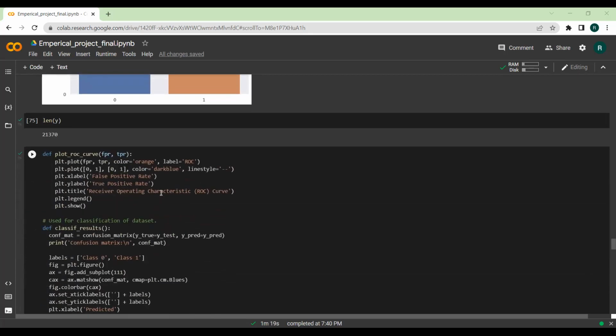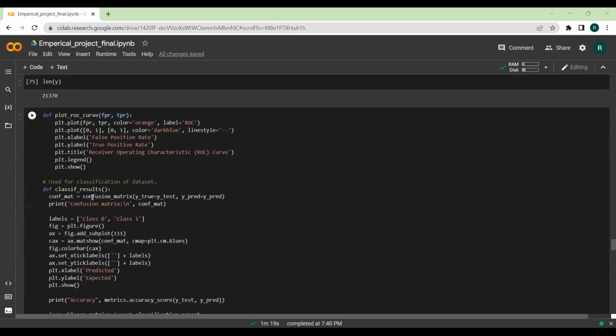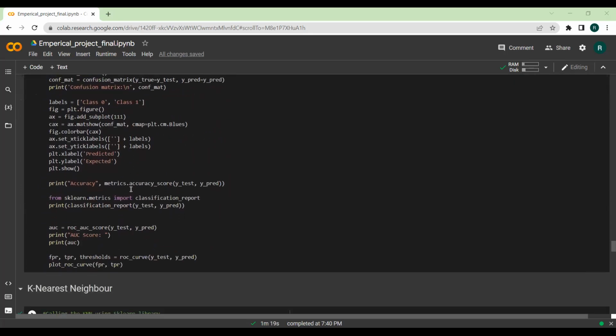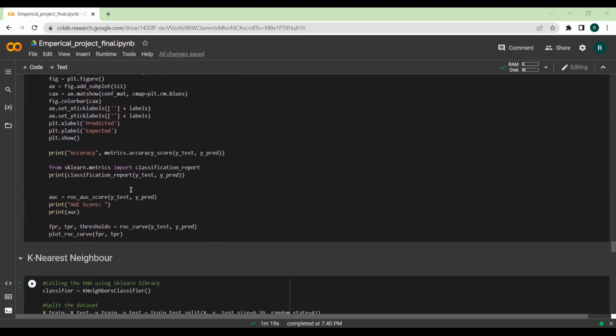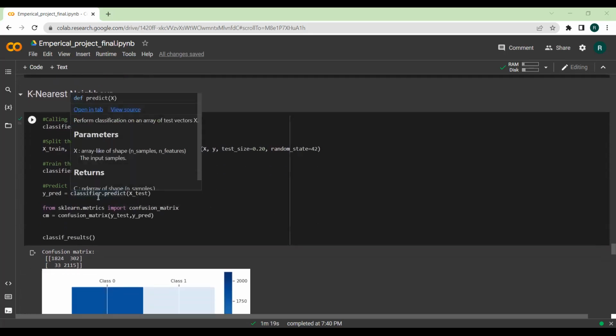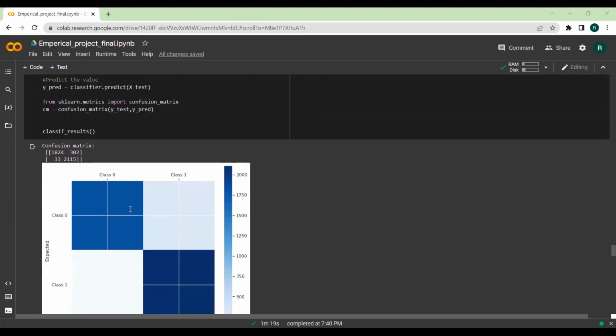Before training the model, we have created a function for the ROC curve and the confusion matrix, which we call later after training the model. Let's start with the k nearest neighbor, which is KNN. Here we use the sklearn library for the KNN, and we train our model, and after training we predict and get the